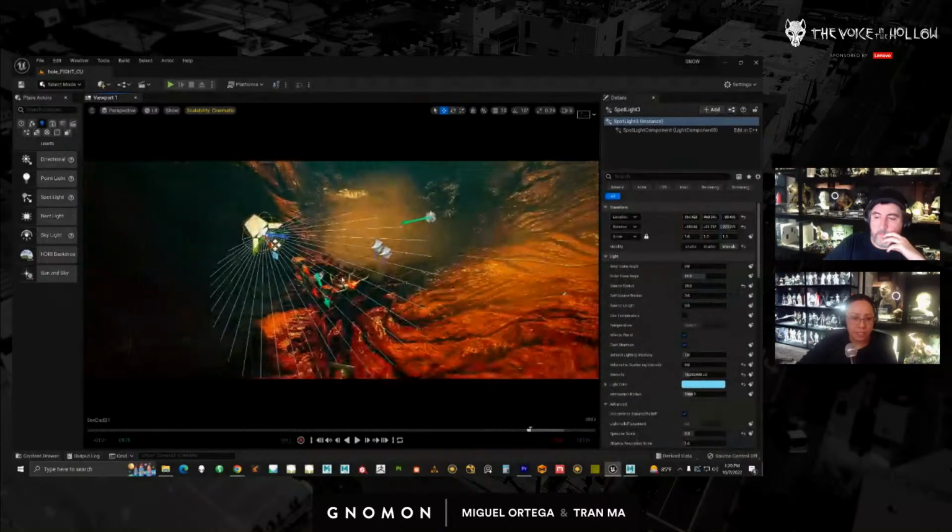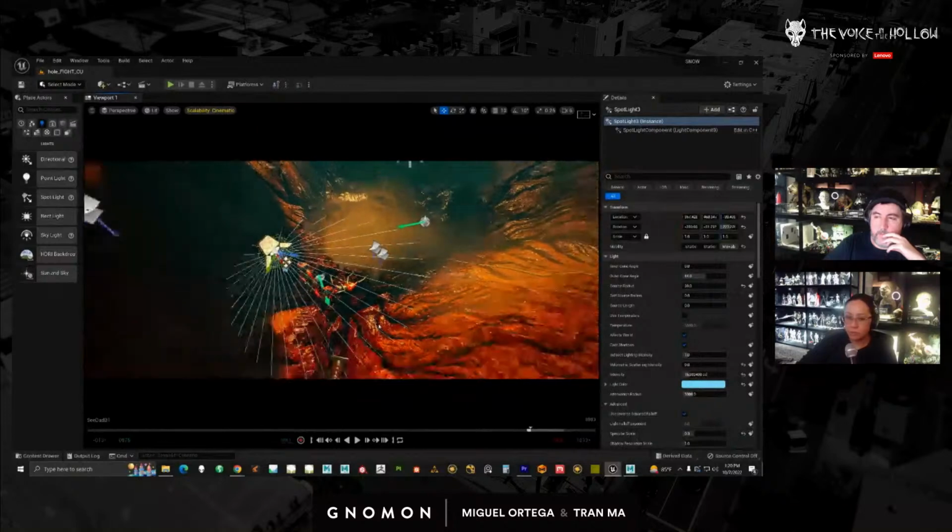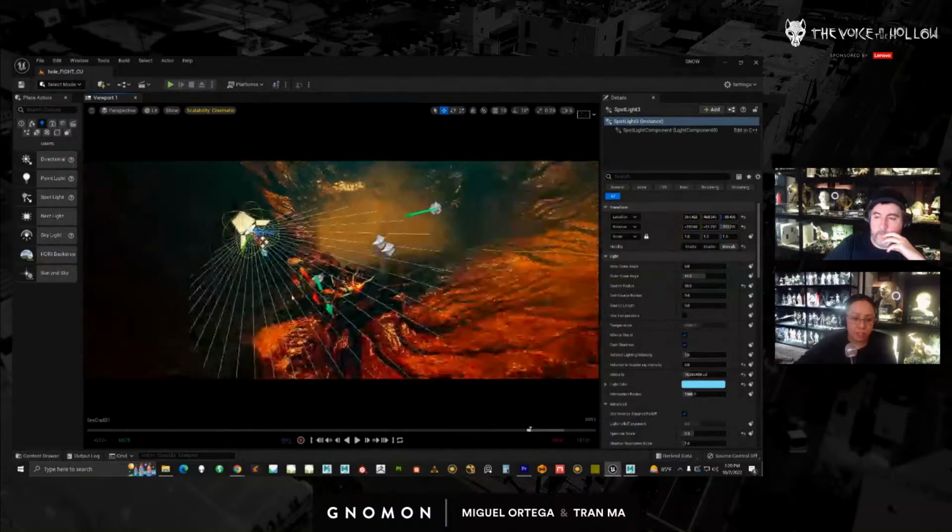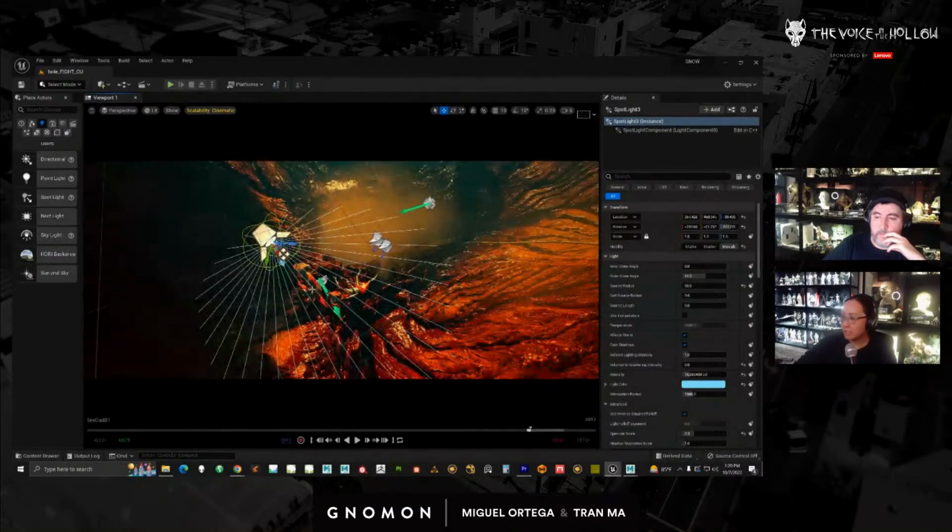So anything outside of this cone radius will not be lit. And I'm using the spotlights to cheat a lot. All my lightings are just cheats, right? So it's actually important for me to contain it. And the way I get it to feel more like a rectangle light, so rectangle lights are like soft boxes, they give you nice soft shadows.